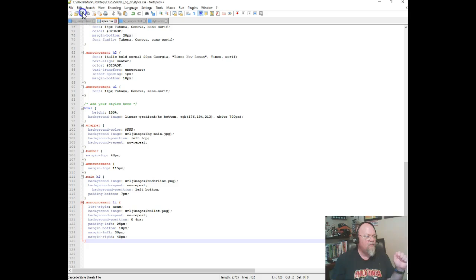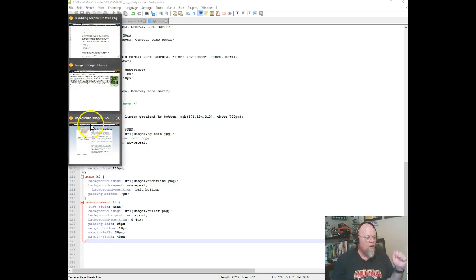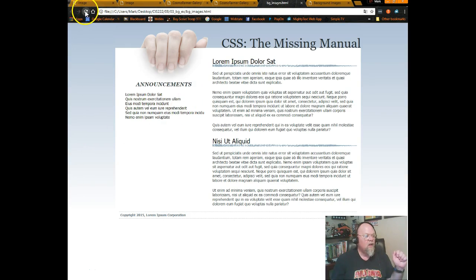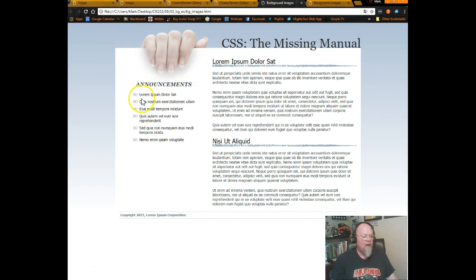So we save it, we go out and take a look, and now we have these nice little bullet points, okay? So we don't have to use the standard bullet points. And notice everything kind of shifted over a little bit. That's because of our padding and our margins that we just set up. So now,